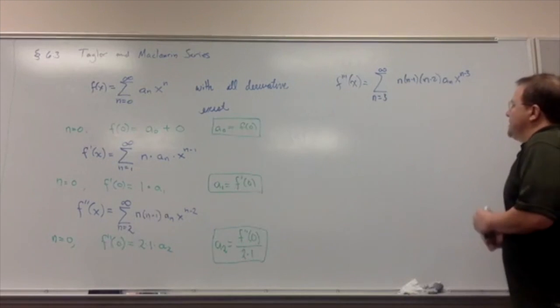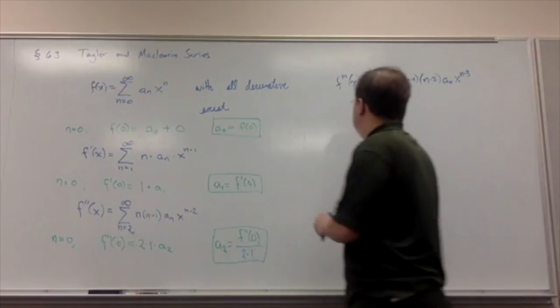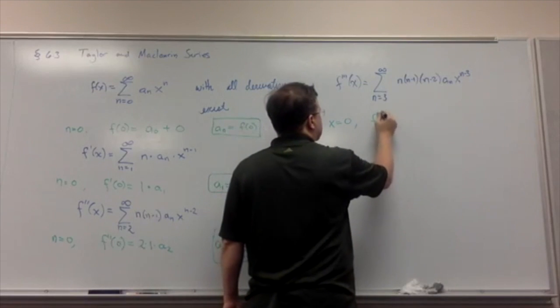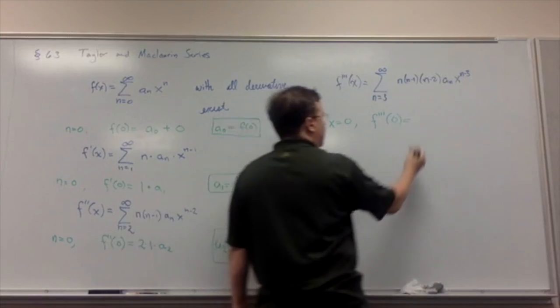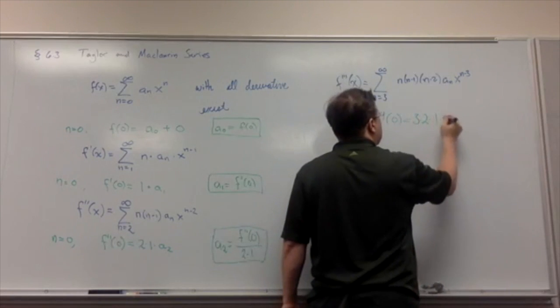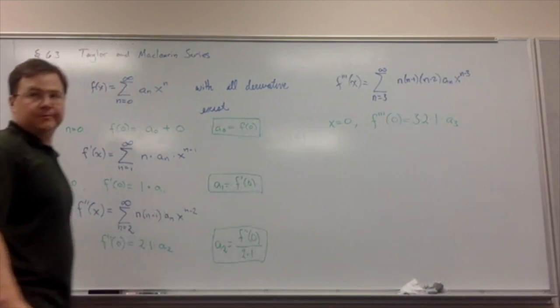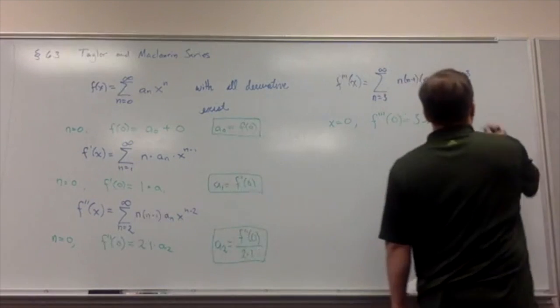So now it's plain to see that all but one of these terms has an x attached to it. So if I plug in a 0, I can now see that the third derivative of the function evaluated at 0 would be 0 over 3 factorial. Yep. So a sub 3